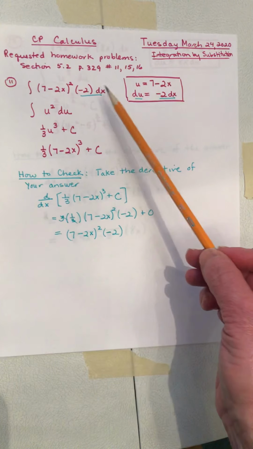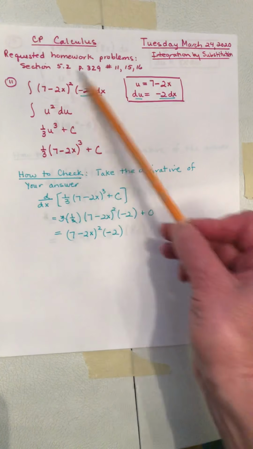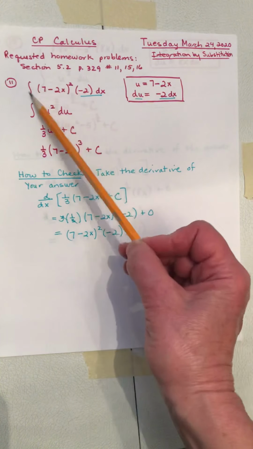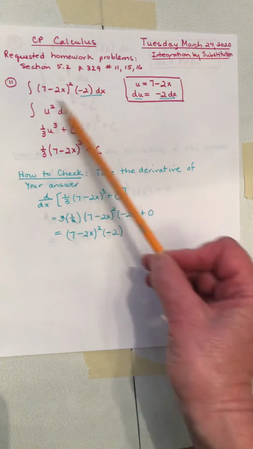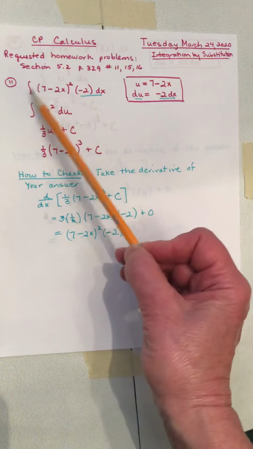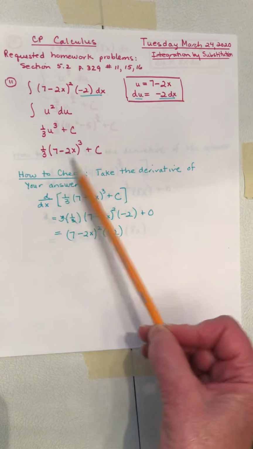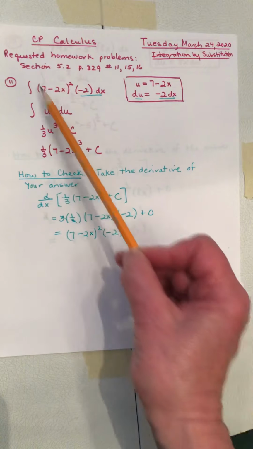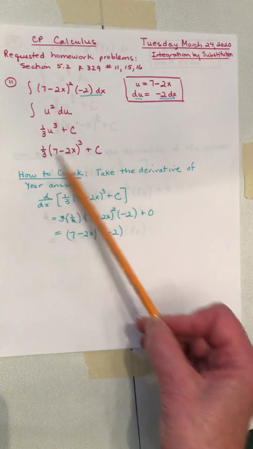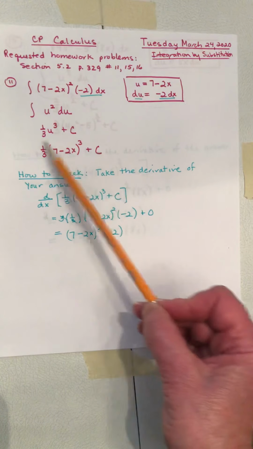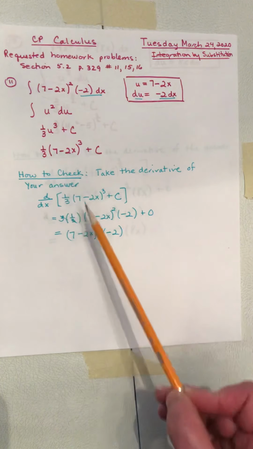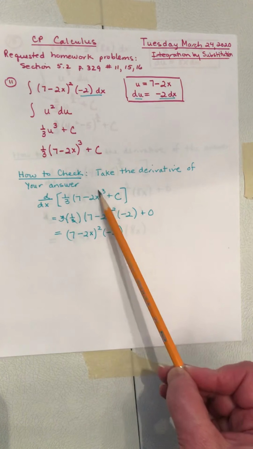Now, yesterday I didn't go over how to check this, but when we integrate something, we're assuming that this integrand, which is what we call this right after the integral sign, is the derivative of some function. When we evaluate it, we get the function whose derivative is (7 minus 2x) squared times negative 2. So, to check it, we can take our answer, take the derivative of it, and we hopefully get the integrand back. So if I take my answer, which is 1/3 (7 minus 2x) to the third power plus c,